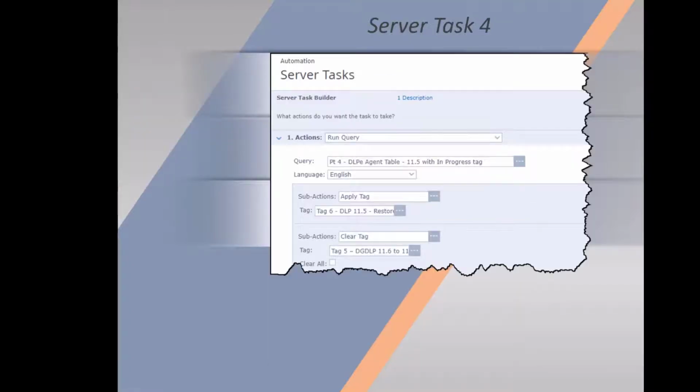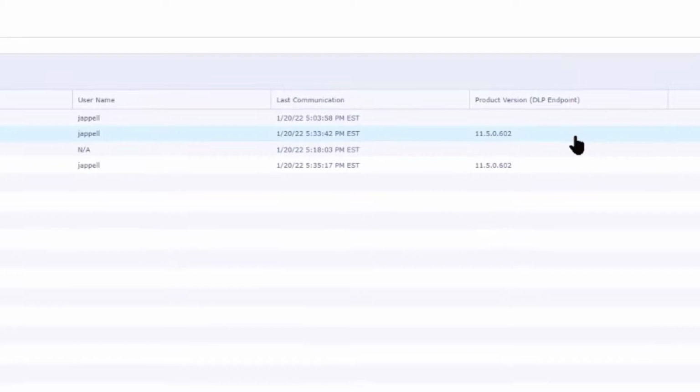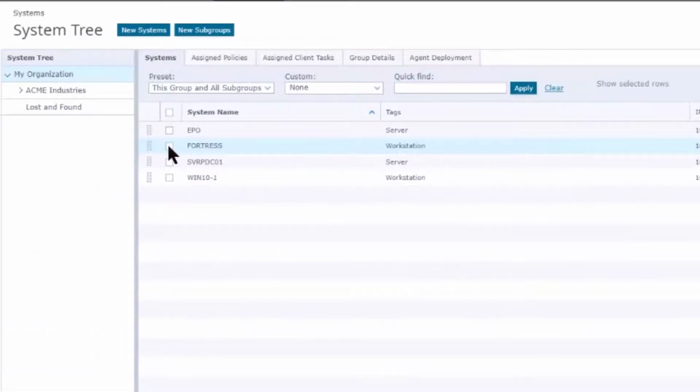Here's the last server task and the way it's configured. Let's get going and actually show you how this demonstration is going to work when all these pieces finally come together. Okay, so onwards with the demo. We have 11.5, as we see here from our DLP column that we've added, and we're going to go from 11.5 to 11.6. In order to make that all happen, we're going to tag these 2 machines that we have,